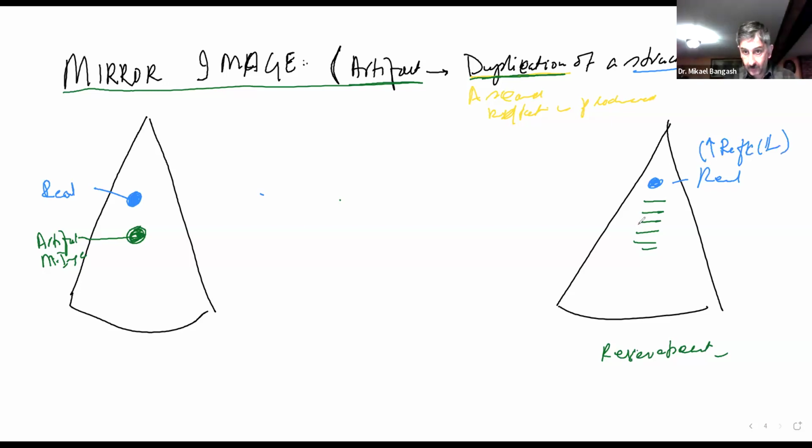That then ended up producing these artifacts here, which is just a repetition of our real structure, repeated at an increasing depth. Now for us to call this artifact a mirror image,